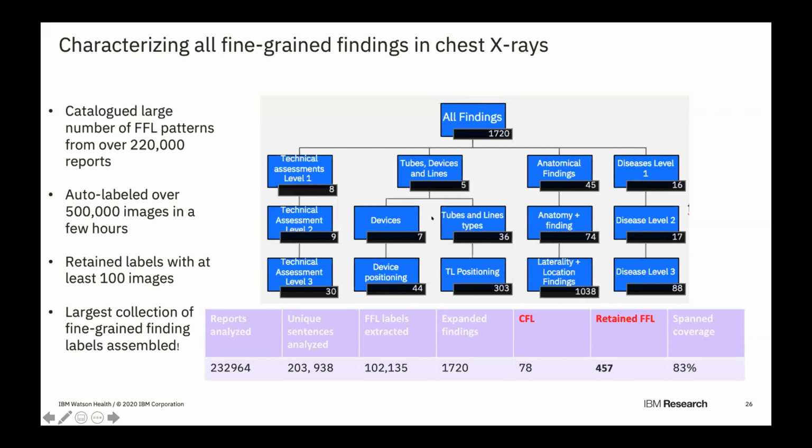Once we analyzed their descriptions and tried to map which of these findings, if we were to retain, we could cover about 80 to 85% of the set of chest x-rays. After evaluation and curation, we got down to about 457 findings. So this is the current set of findings that we feel is sufficient to describe accurately the findings in chest x-rays and still generate a report that is of reasonable quality.